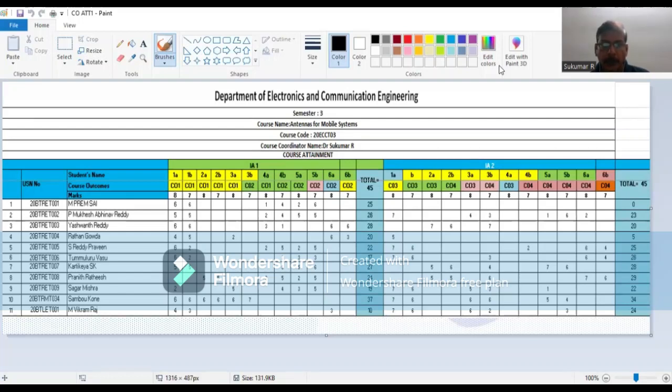So today we are going to see how to do the CO attainment calculation. For that, I have taken one course here. The name of the course is Antennas for Mobile Systems, which is an 8-semester elective course. You can see in the background that there are 11 students in this particular course, and